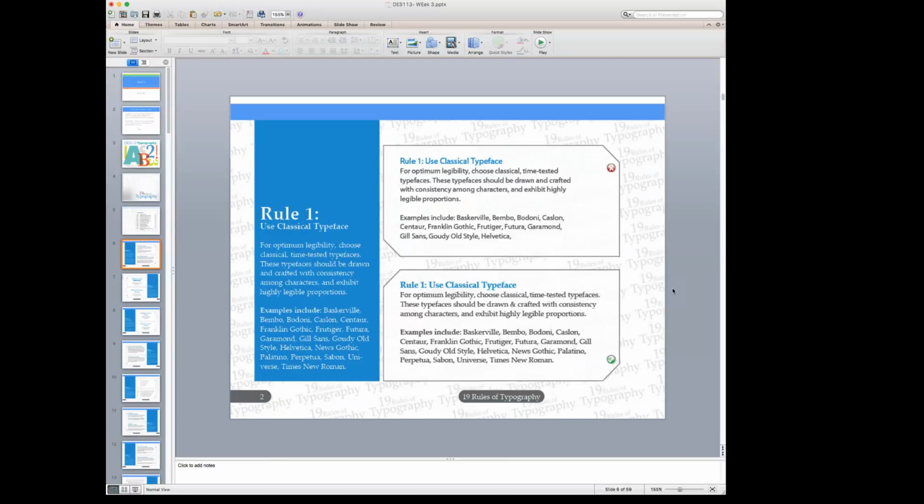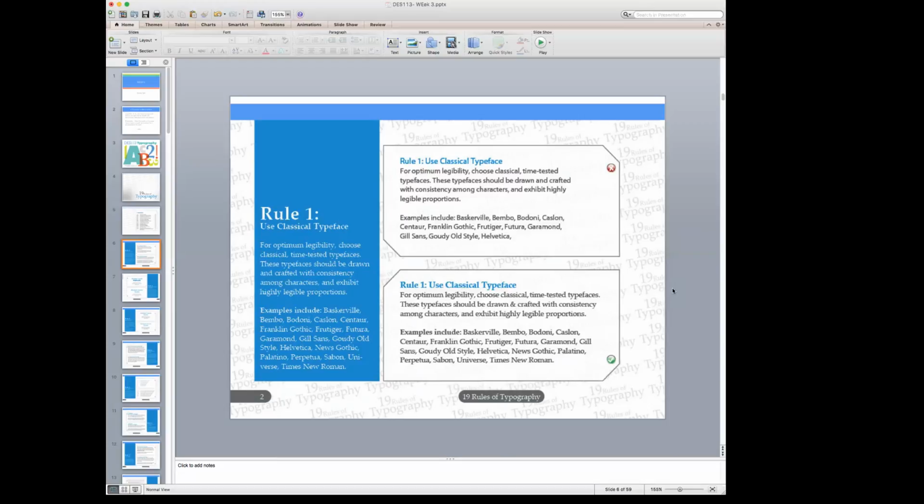Choose classic, time-tested typefaces. Now, in your case, we've kind of made your job easy. We've given you a list of approved fonts, so you don't have to stress over, well, is this going to be good? Is this a classic font? What's a classic font? We've given you a list that you can choose from. So the approved list is pick a font off of that, and there are plenty to choose from. Whether you're a serif or a sans serif kind of person, there's a lot to choose from. They are classic, they are time-tested typefaces, and they have been used several times throughout history, you could say.